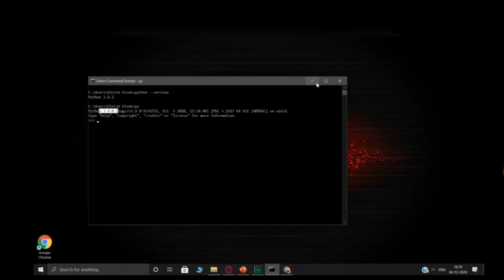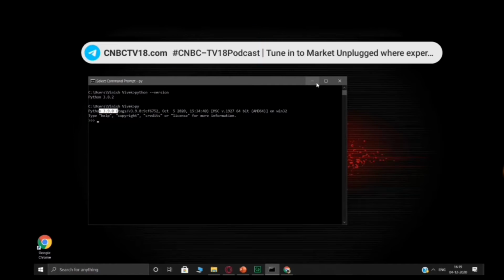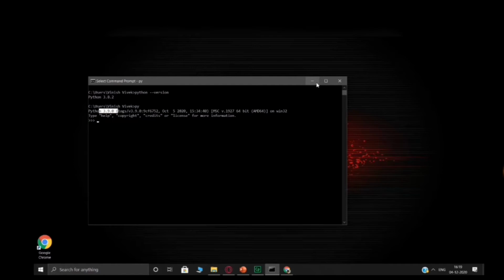So there are two ways to use Python. One is that you can directly write into a notebook and save it as a .py file. But the best recommendation, or the best method to work with this, is to use an IDE. So before I talk to you about how to get an IDE into your system, let's first talk about what is an IDE.